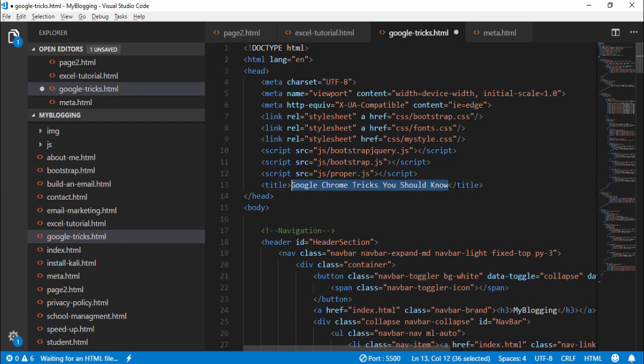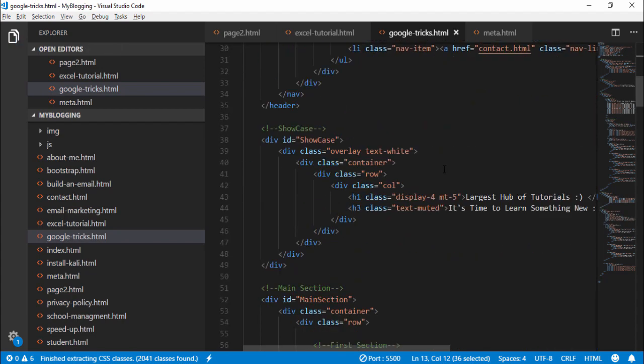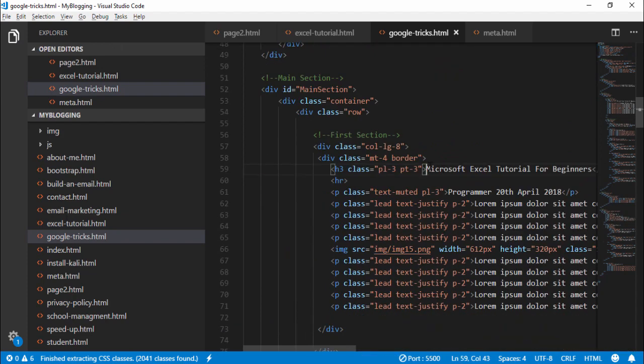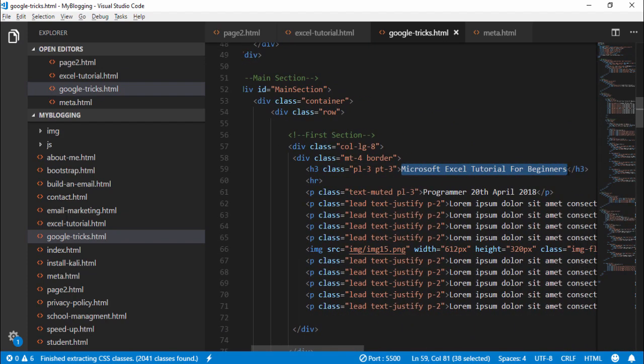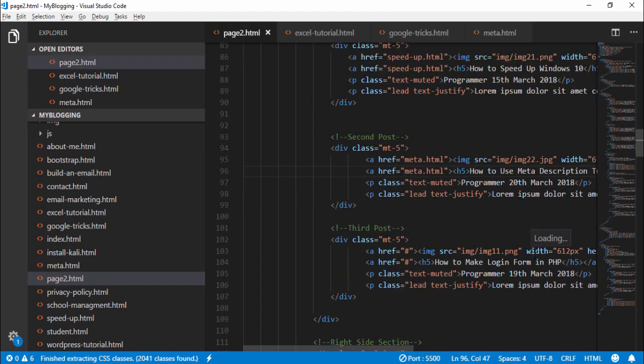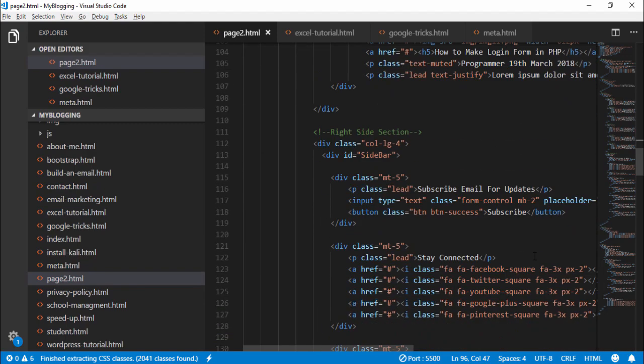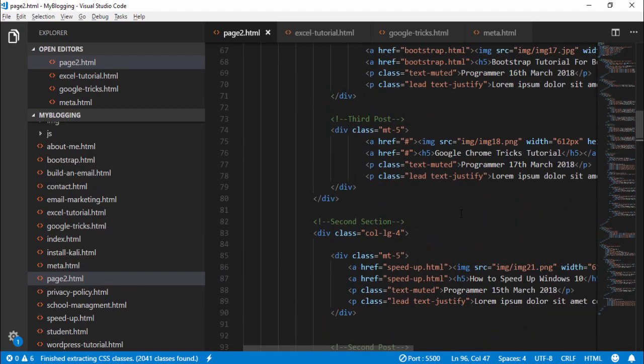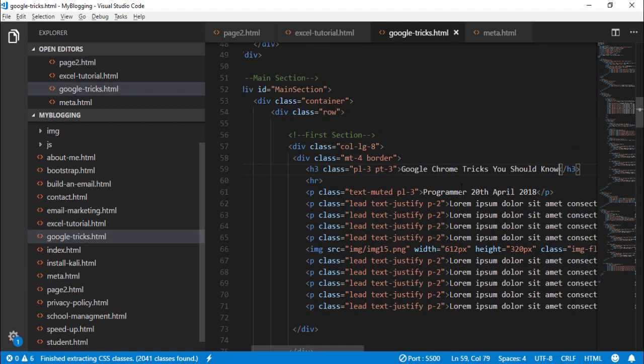Okay, copy it and go to below and paste here, and go to page 2. Where is the Google Chrome? I think here, image80.png. Copy it and paste here,